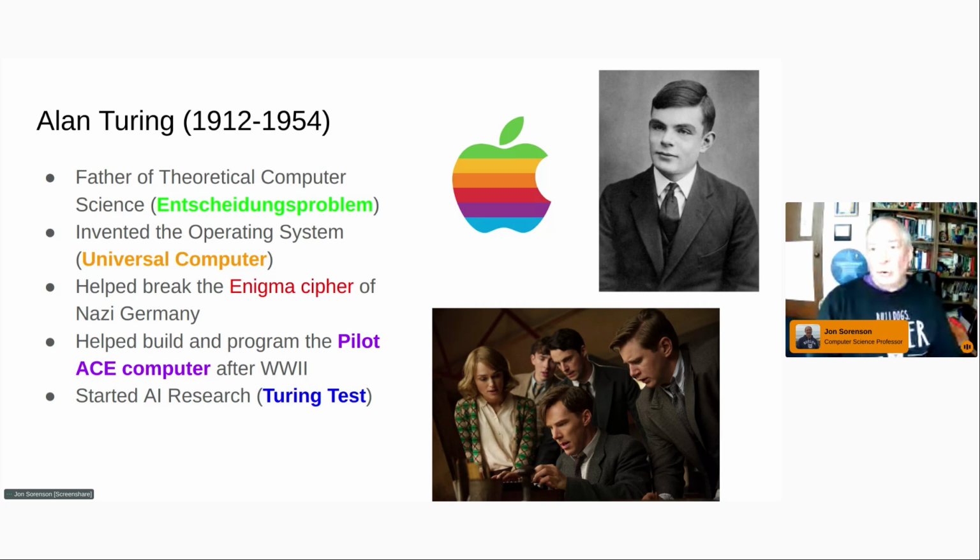Alan Turing was homosexual at a time when it was illegal to be homosexual in England. And basically he was persecuted for this. He was given the choice of take injections or go to prison. He chose injections. It's believed that led to his depression and eventual suicide in 1954. So that is what happened to Alan Turing.